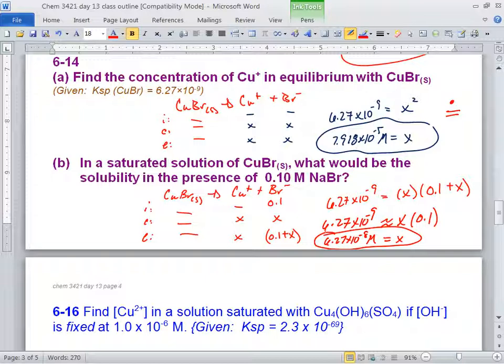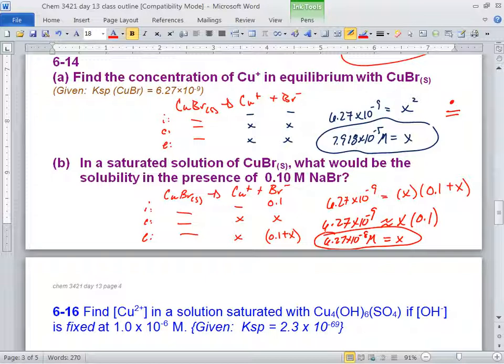I'm not sure if we even have one, because it's usually what Monica just said. The ones the homework is really interested in with Ksp's that are 10 to the negative 5, negative 6, negative 7, you almost always drop the x. So I don't know if there even is one. Now what you can do is, notice how these problems are kind of fast. You can kind of zip through them. Before you hand in your quiz,